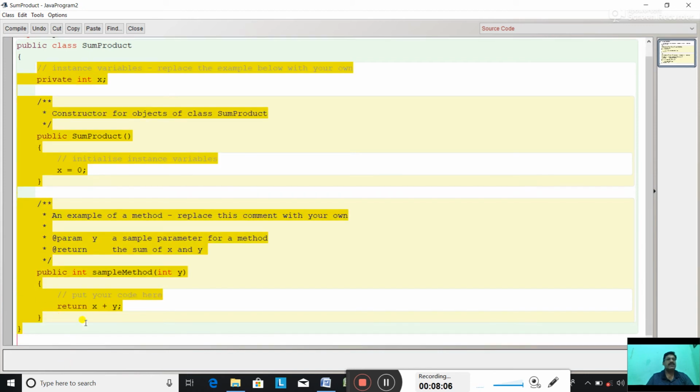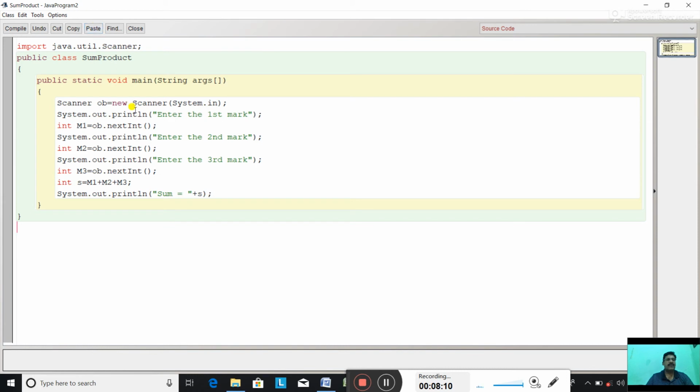Now how many numbers to be input? 3 numbers. So we are just going to copy and paste from the first program. Enter first number. int a equal to ob dot nextInt.